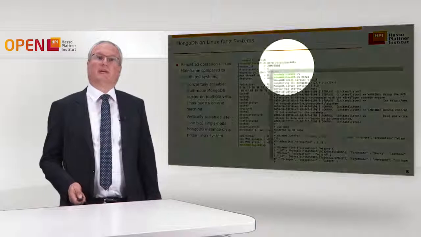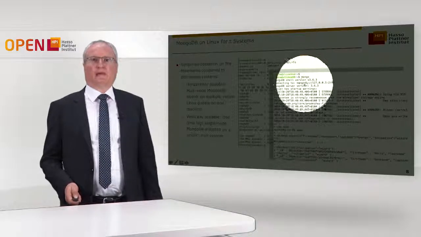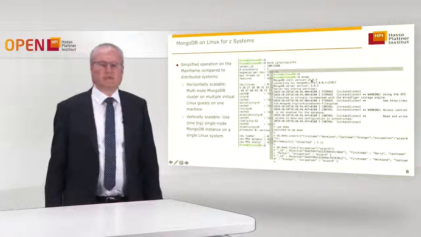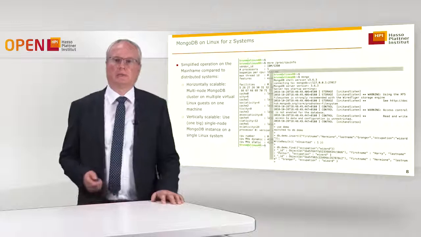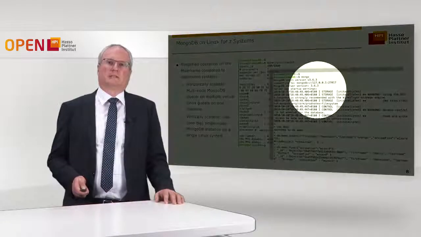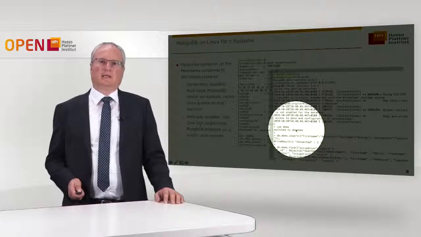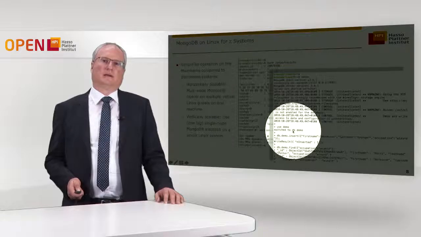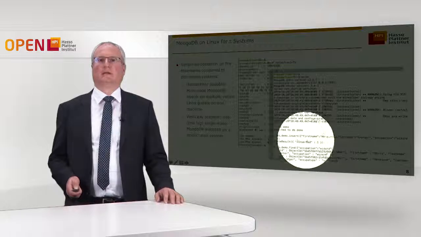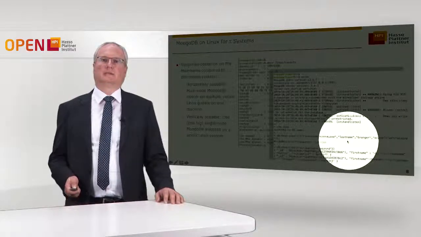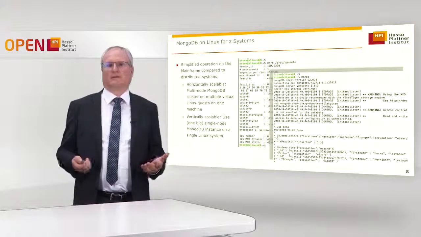Okay, so on the right-hand side, you see an interaction with MongoDB from the command line. This is a command line tool, Mongo. It's a client that has an interactive shell where you can give commands to the MongoDB server. And here are some status messages, but then we start to illustrate how it works. So you see here the demo dataset, and a document is added here to the dataset. We add a character from Harry Potter here in the dataset, and you see it's just a JSON object.